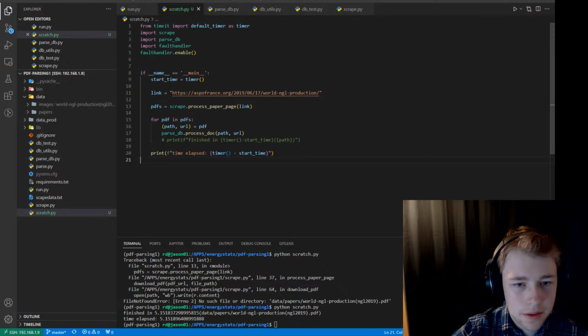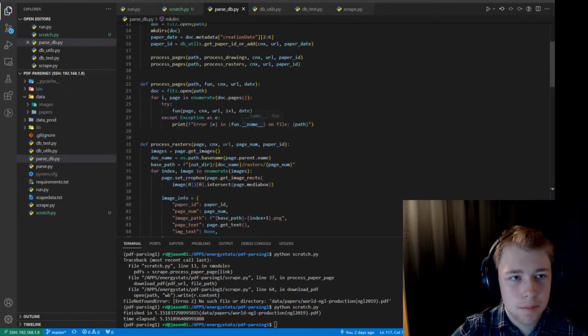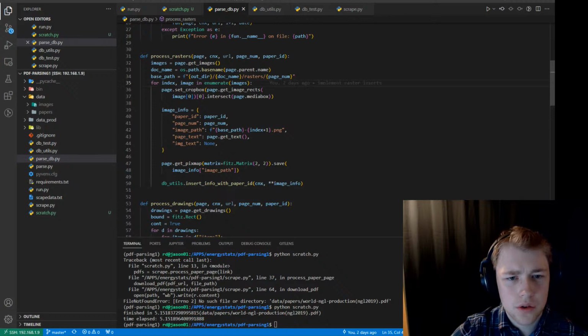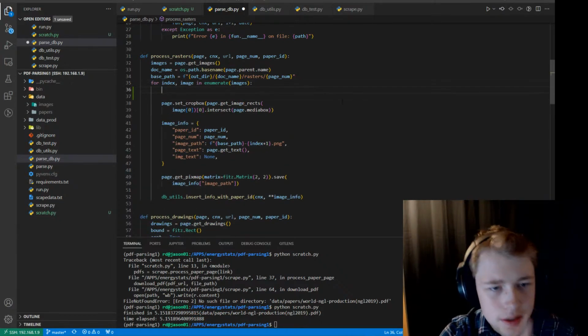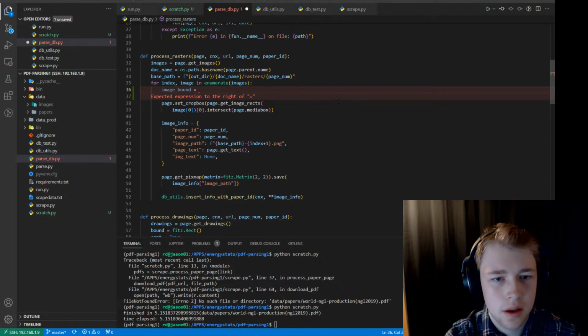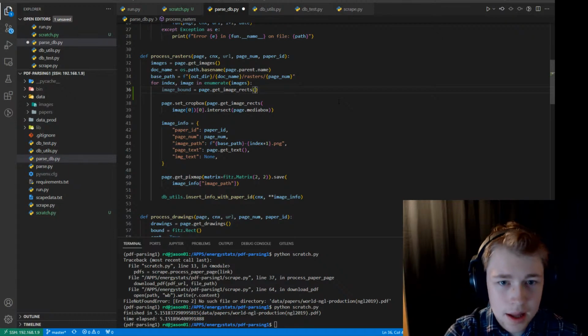So what I then want to do is, in the parsing logic, in the rasters, what we have is for each image, well, we can get the image rect, and so what I could do is image bound equals page dot image rex, and I think it was because the,